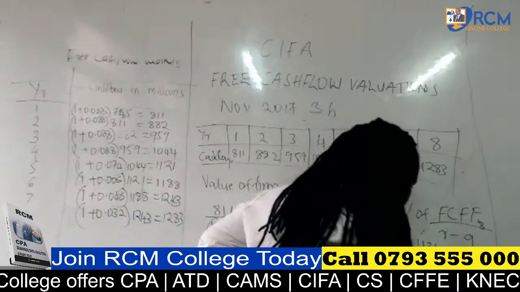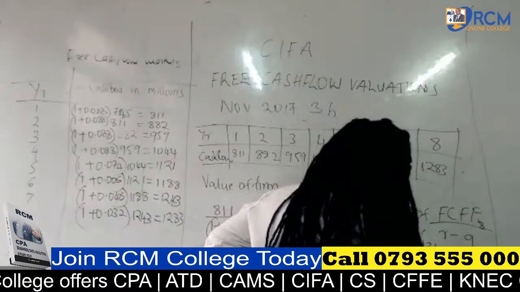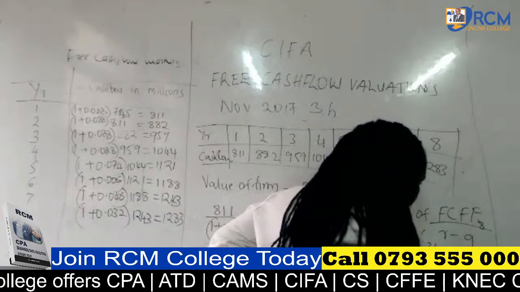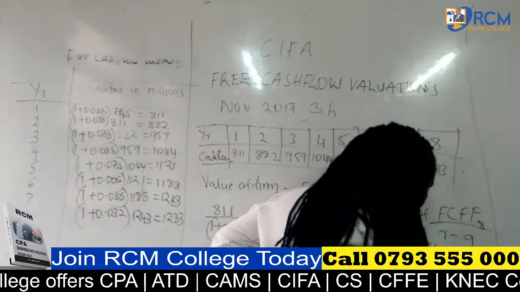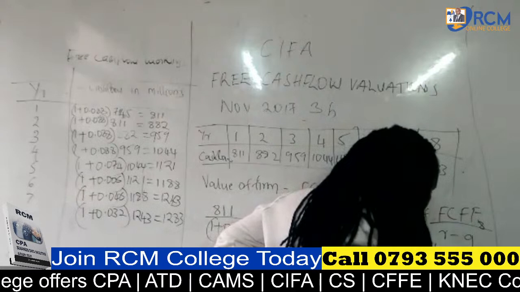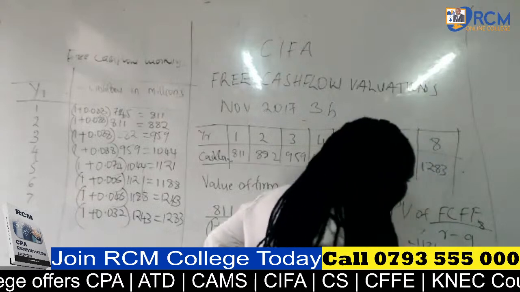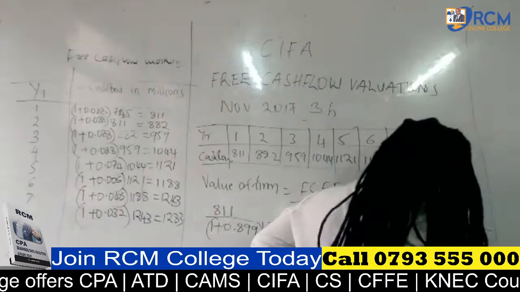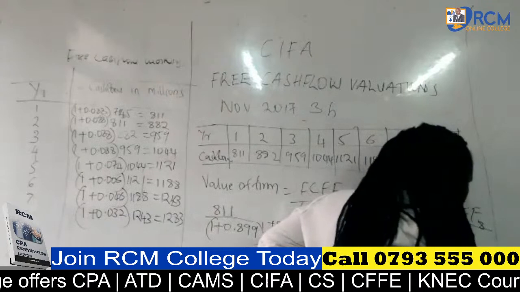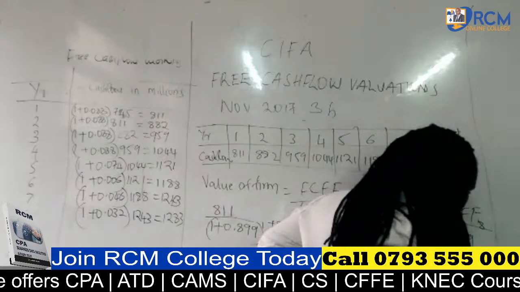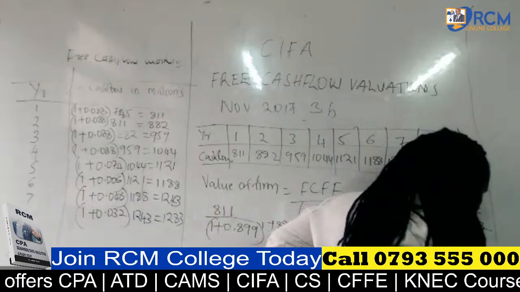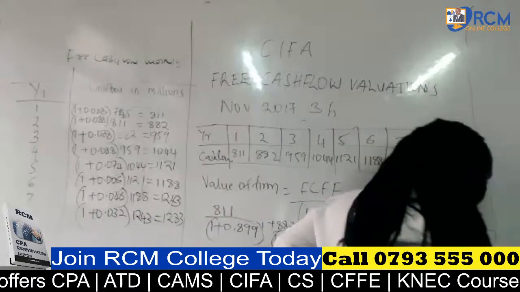For year 6, 1188 divided by 1.0899 power 6, and finally for year 7, 1243 divided by 1.0899 power 7. And for year 8,